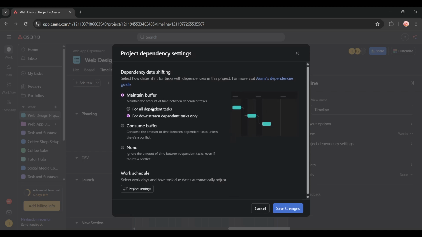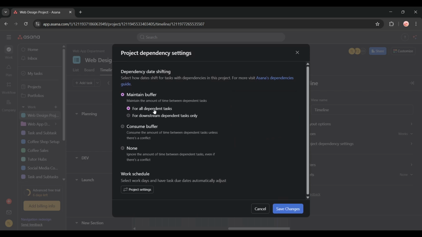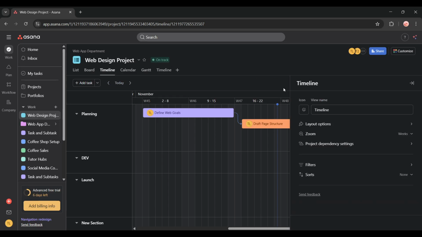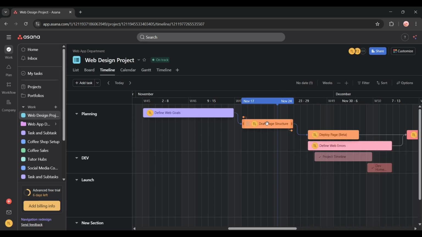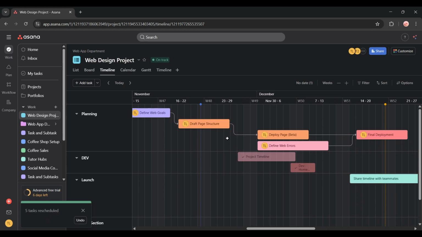The third option is None, which allows dependent tasks to fall behind the predecessor, effectively disabling auto-shifting. This gives you complete manual control. Once you've chosen the dependency management option that best fits your project's needs, click Save Changes to apply your chosen setting. Now, when you move tasks on the timeline, the dependencies will respect the chosen settings to move dependent tasks